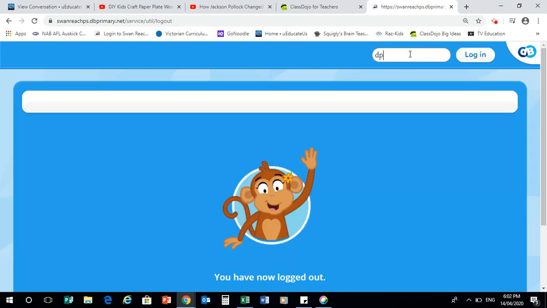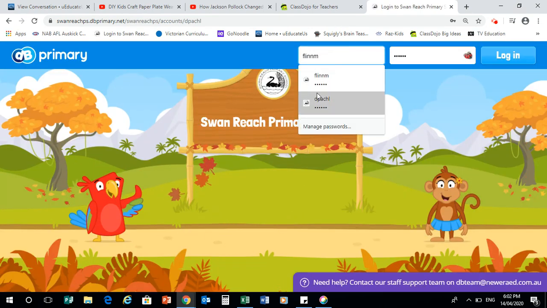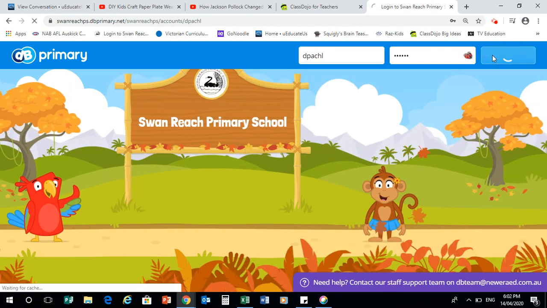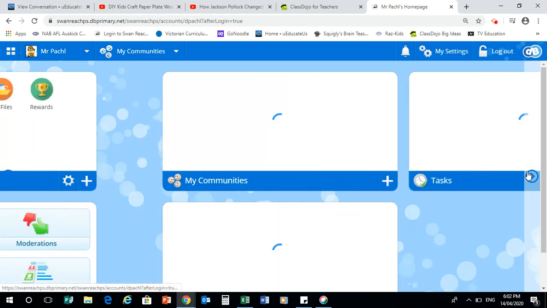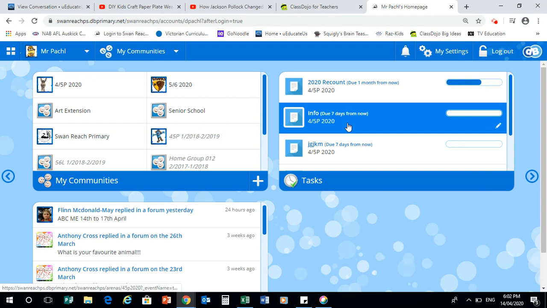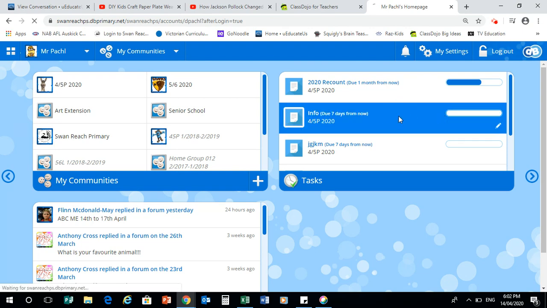So we're going to go back in as me. You're going to log back in as you, obviously. You're going to click on this button over here to get into your tasks. And here I've got my info report, and I can see by the blue thing that basically it's done. So you can tell how many people have done it with the blue one. If it's white, it means people haven't done it. If it's blue, people have done it. So I click on info